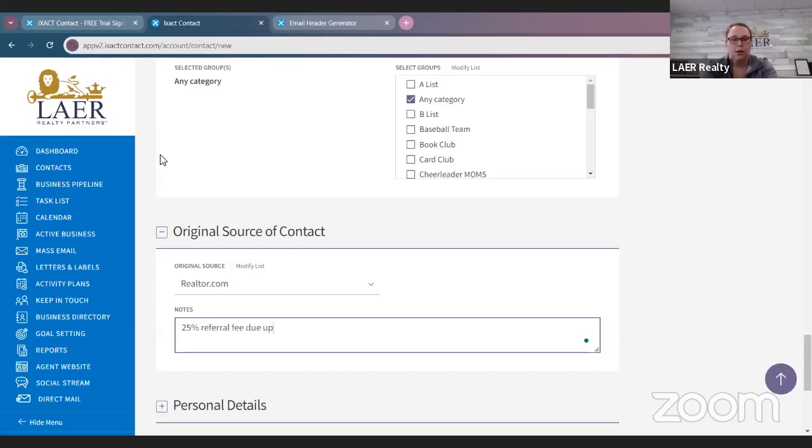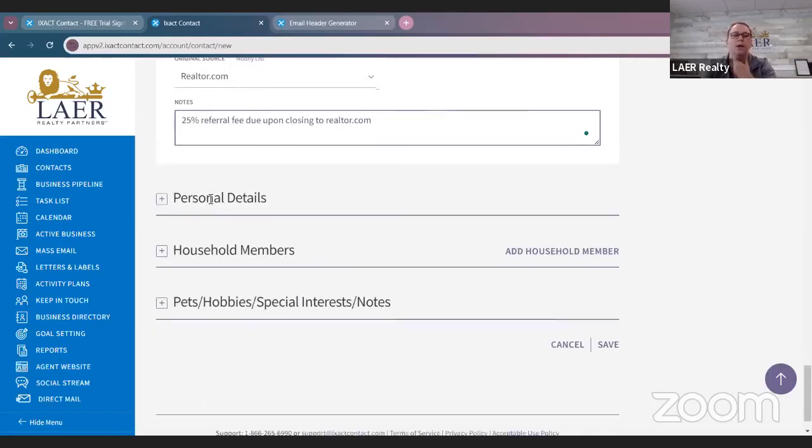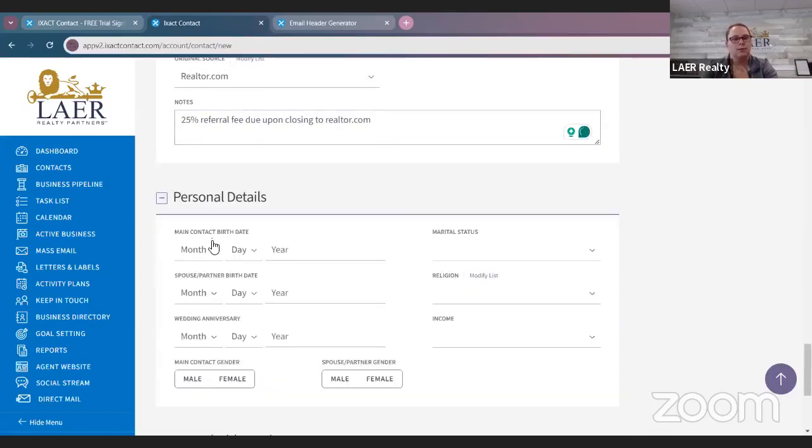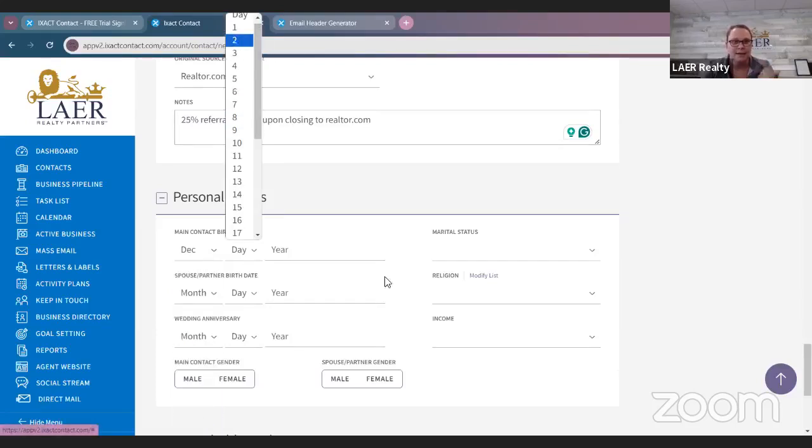Referral fee due upon closing to realtor.com. Personal details. So this, if you know your client's birthday, this is where you would input their birthday. Again, the year is not necessary, just the month and the day of their birthday, because we will set up a birthday event, and for that to work, we do need a birthday put in